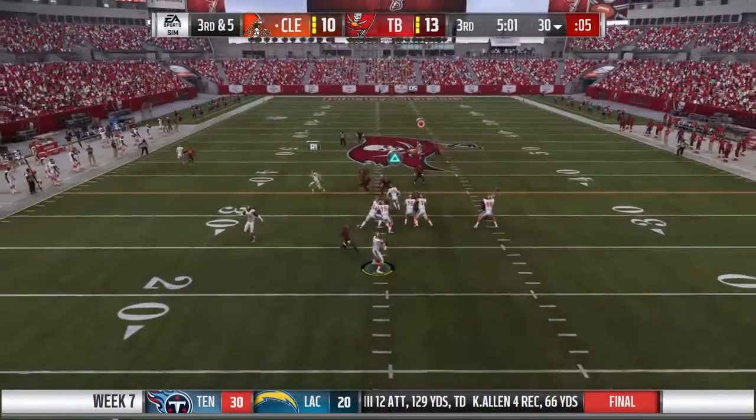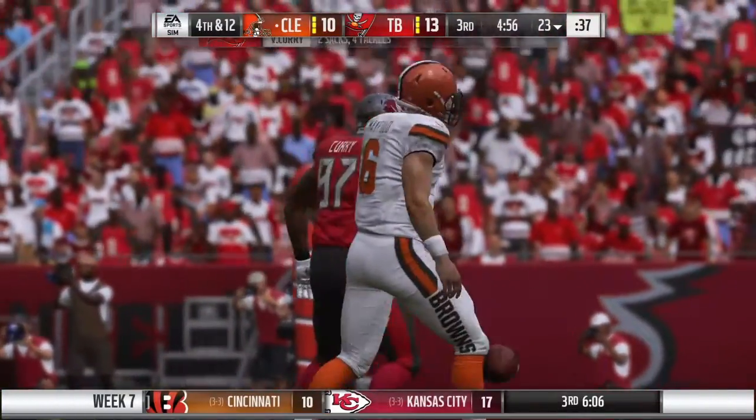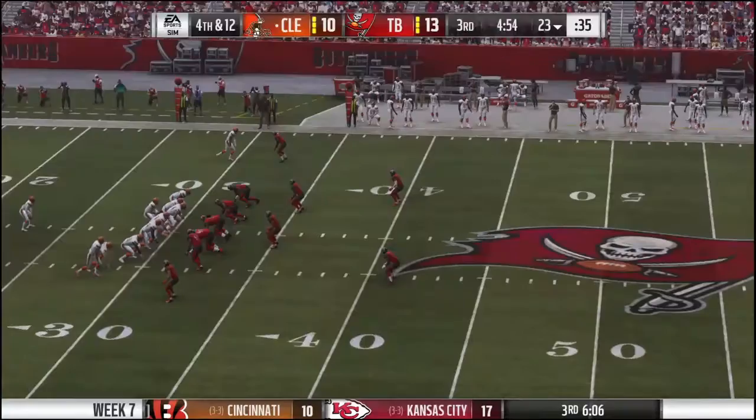Play action now. Here's Mayfield. And he'll be hit from behind and taken down. Vinny Curry in there to pick up his...